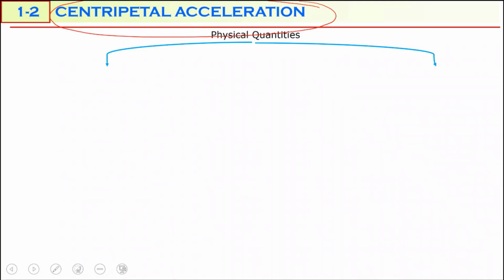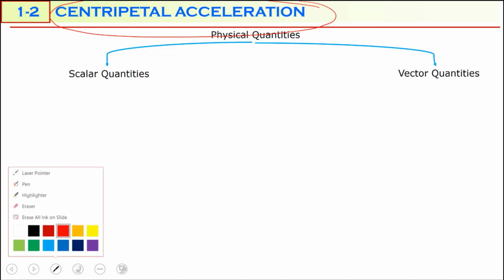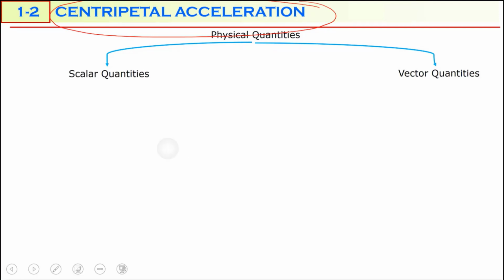In the 11th grade or maybe in the 10th grade, you classified physical quantities into two groups. One of them is scalar quantities. The other one is vector quantities. I think you classified them in the 10th grade, also in the 11th grade. You studied this. Scalar quantities are quantities which can be expressed by a number and a unit, like